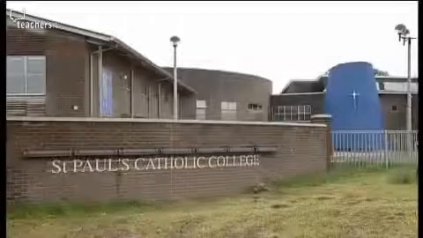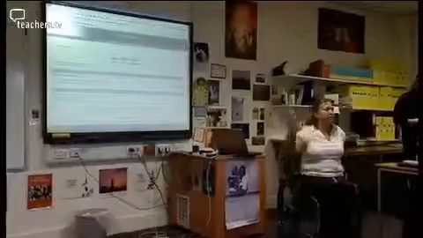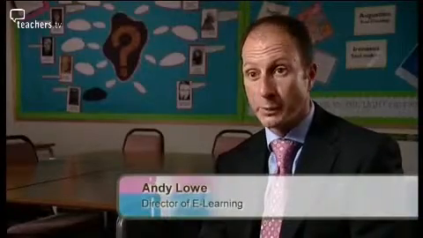It's time now to go over to St Paul's Catholic College in Burgess Hill, West Sussex, to see how it's being used. It's in Year 7 RE, and then go to Forums Plus, and then you'll see a page that looks like this. Well, Sims.net has been used for many years within this school, and one of the key things I think with Sims.net that I like in terms of the data management system is the power to which you can manipulate and use that data.